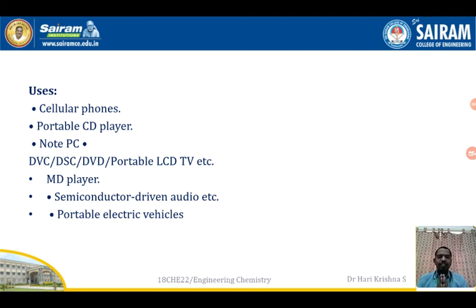Okay, and environmentally friendly, I told you, of course, any battery you are supposed to dispose of safely. None of the batteries are environmentally friendly. Why do we call it environmentally friendly here? Because the reactions are non-toxic. In nickel metal hydride also the reaction is non-toxic, and even here in lithium ion the reaction is non-toxic. Since the reactions are non-toxic, it is called eco-friendly.